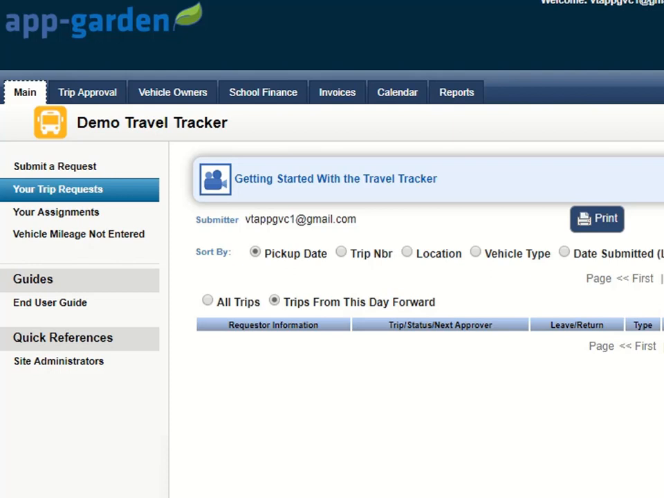The Main tab is where you can submit your trip request. You can view the trip request you have submitted. You can view the vehicle reservations and enter mileage for trips that you have created. For detailed instructions on these options, refer to the End User Guide. You may also want to view the Getting Started with the Travel Tracker embedded training video to help with the